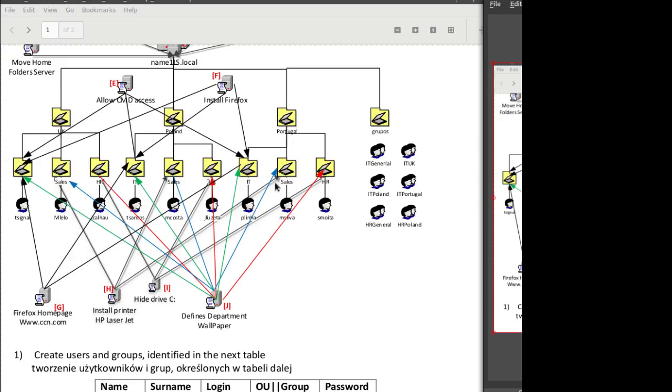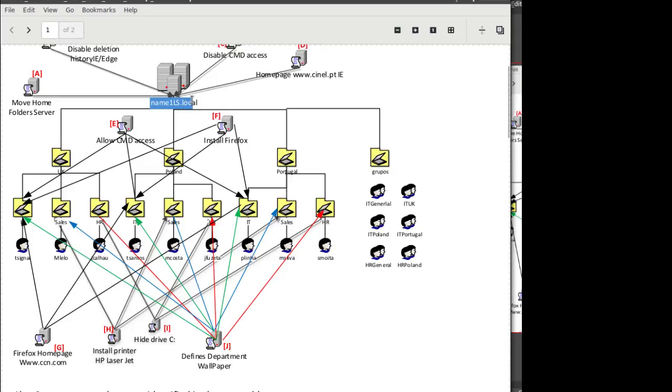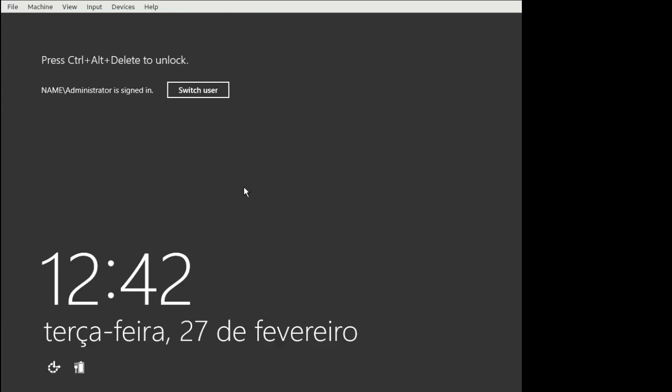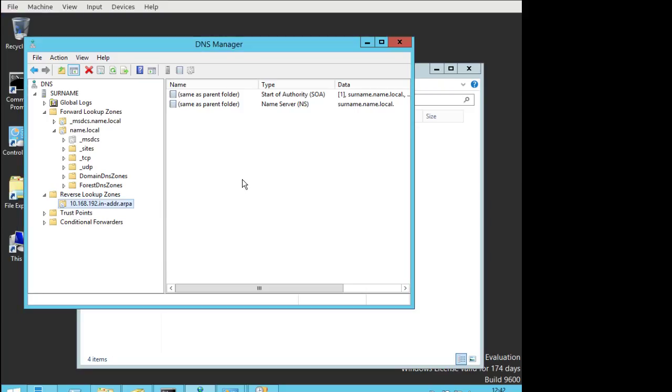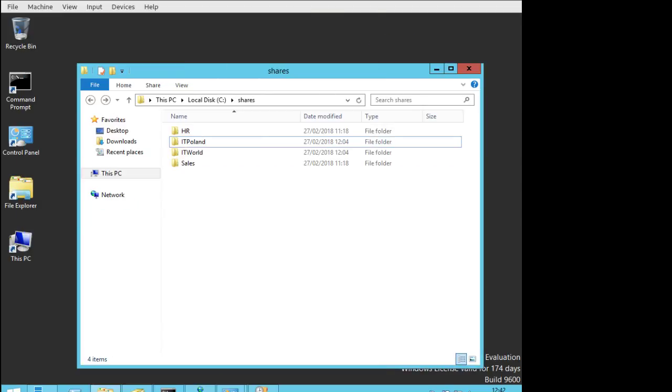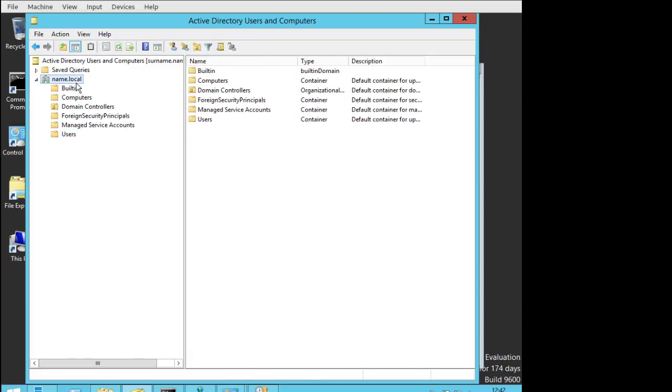So let me explain. If you go to Windows Server, this is a diagram of the organization unit for this specific domain. But what can we do for helping us managing users and groups and other objects that are in Active Directory? This is the default configuration of Active Directory, but you can create also some folders, and I quote folders because they are organization units. You come here to name local, and